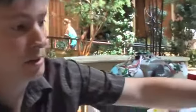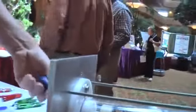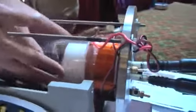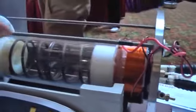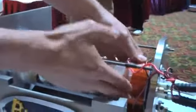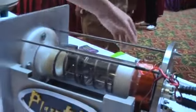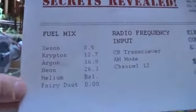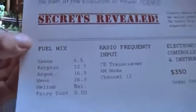Okay, so I'm going to go over a little bit of the technology behind this do-it-yourself device, and a balloon, like a kid's balloon, that tells us when the helium is running out. So when the chamber is filled, the very first thing we do is begin the containment fields. This coil here contains it in place. This coil here squeezes it. Now, we've actually got a noble gas mixture here, and this is very, very similar, I think in fact identical, to the original Papp patent. But what it is, is a mixture of heavy inert gases all the way down to